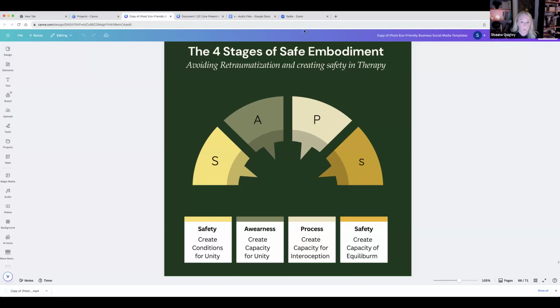So this is the first thing. But what else do we need now? How do we create safety? What is it in us that creates safety? What are the skills in us that create safety? Good contracts create safety. Hard to believe, but they do. Good therapeutic contracts create safety.